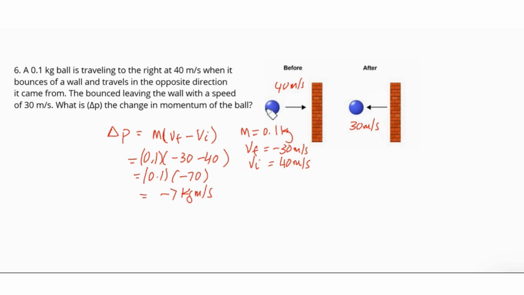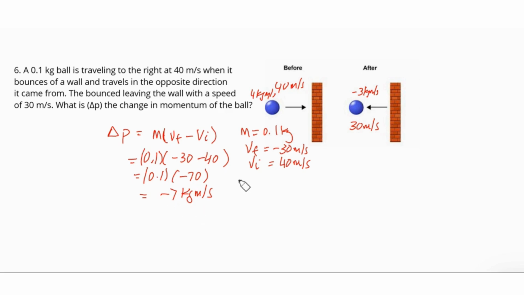Remember, he had positive momentum going in, negative momentum coming back. If you think about it, he had 4 kg·m/s as he was happily moving towards the wall, and boom, next thing he knows, he has negative 3 kg·m/s. That'd be negative 30 times 0.1. And so you could see he got robbed of 7 kg·m/s. He had positive 4, now he has negative 3. So he lost 7